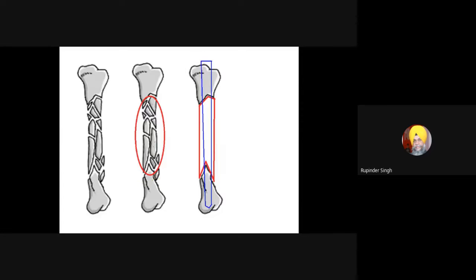So similarly, look at this example where the whole of the bone appears to be shattered. Majority of the bone appears to be shattered. So this type of fracture repair requires very rigid fixation. Very rigid means like a bone plate. Then what we can do is we can remove all these fragments, or may not remove. They may be displaced to the side of the fracture, and this